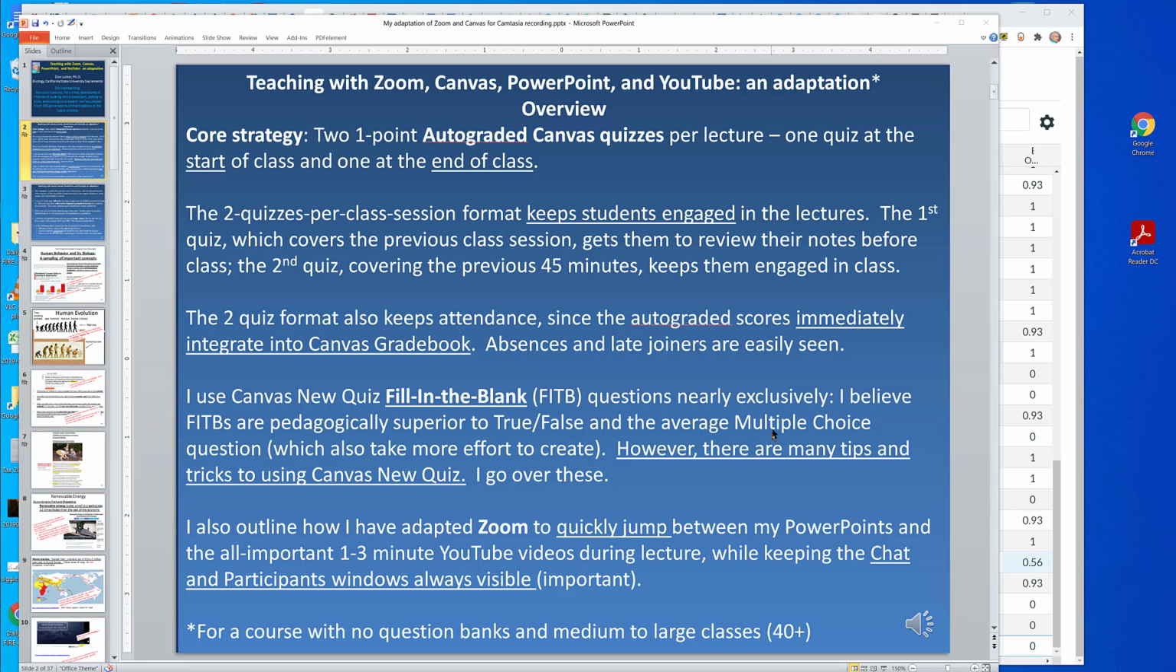I'm going to show how I've adapted Zoom, Canvas, PowerPoint, and YouTube to teach a course that doesn't have these big textbook question banks. It can be a medium to large class, 40 or more. I have 55 students in mind. My core strategy, and the most important